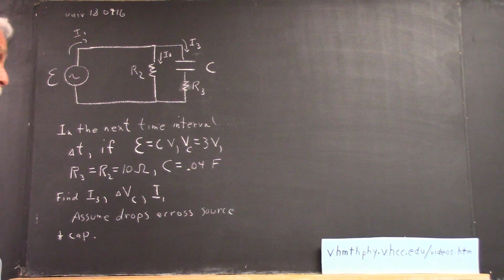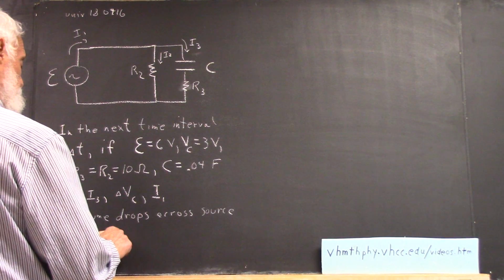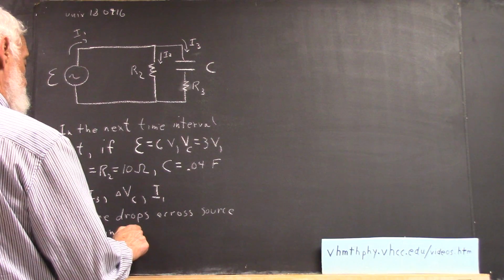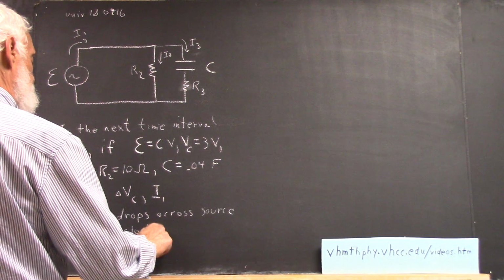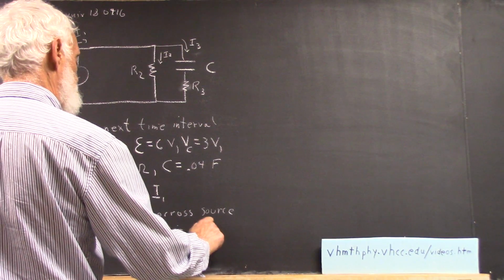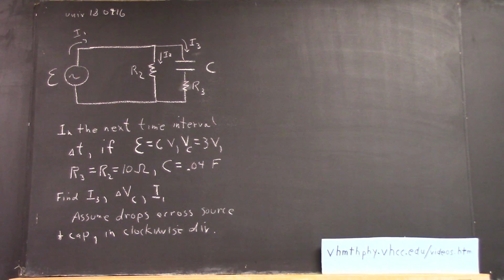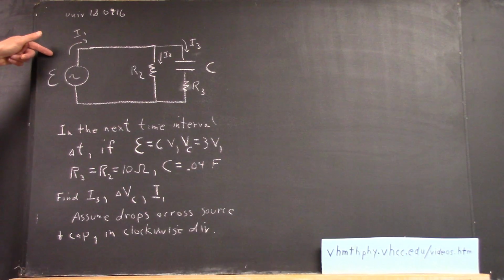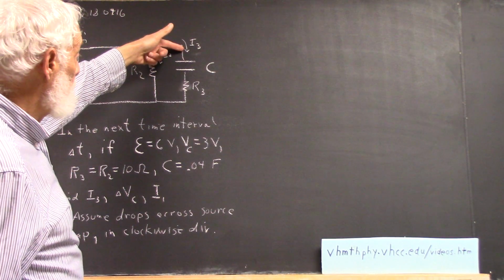And that's in the clockwise direction. Now if you assume then that you have a 3-volt drop from here to here and a 3-volt drop from here to here,